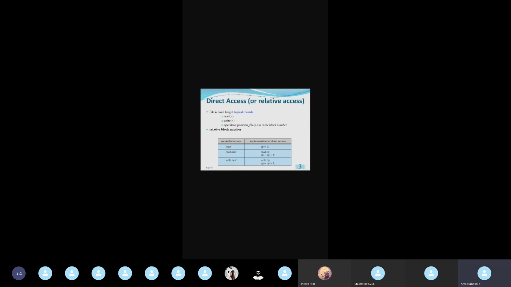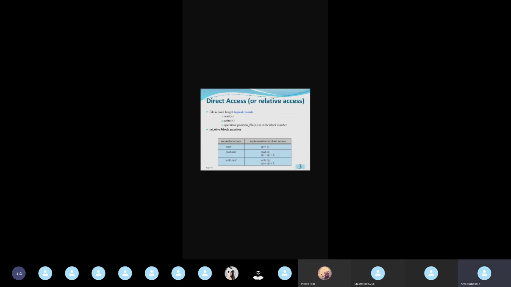Okay, converting direct access into sequential access is a little complex, and it is also time consuming. In direct access, we can move immediately from the 53rd location to the 60th location. But what did we see for sequential access? When we move, we are using the operation position file off. So we change that position in direct access itself, and after that we go to sequential access and give read next, using that operation position file off. Okay, so it is easy for converting sequential access into direct access, but it is somewhat complex for converting the access from direct to sequential.